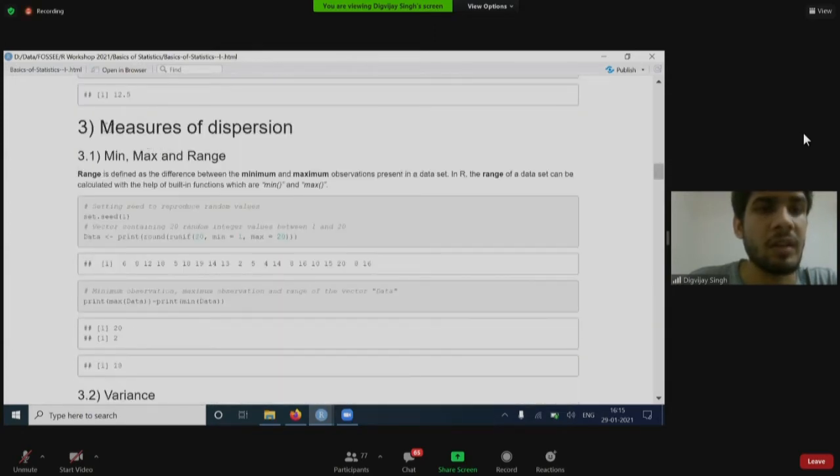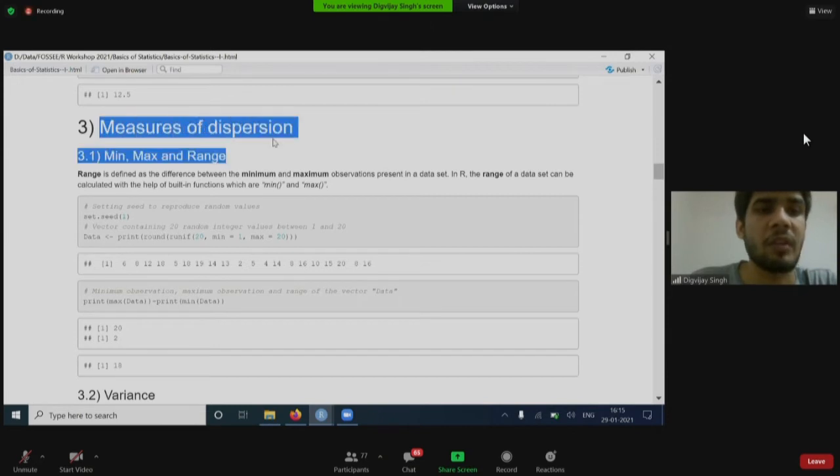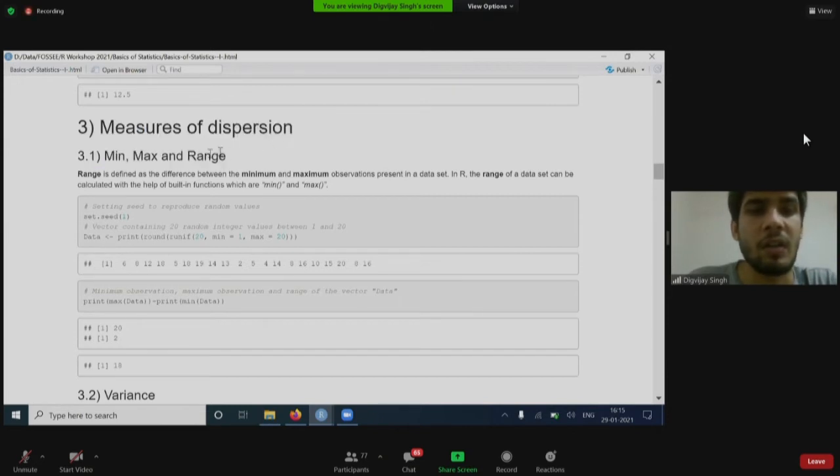Now going to the next part, measures of dispersion. So before going to measures of dispersion, the very basic aspects of finding the dispersion are min, max, and range. Min and max, by their name, signify that they represent the minimum and maximum of a dataset.